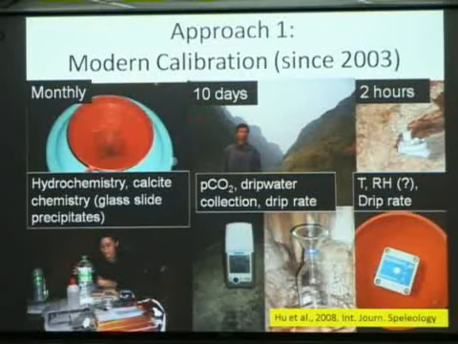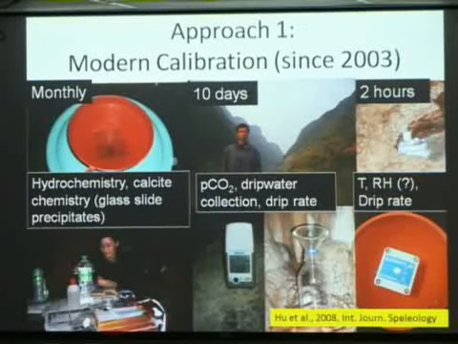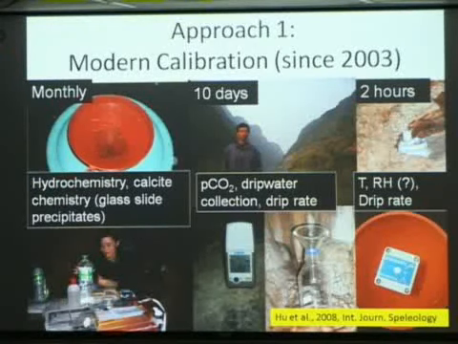So this cave system has been monitored now since 2003, so coming up on 5 years, I guess, of data, where we have monthly measurements, which include calcite precipitated on glass slides underneath the drip where we got that HS4 stalagmite, and those are changed every month. So we have monthly calcite samples, as well as a number of other measurements of the drip water chemistry that are conducted on a monthly basis.